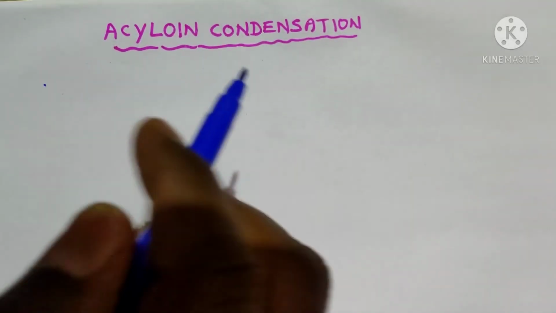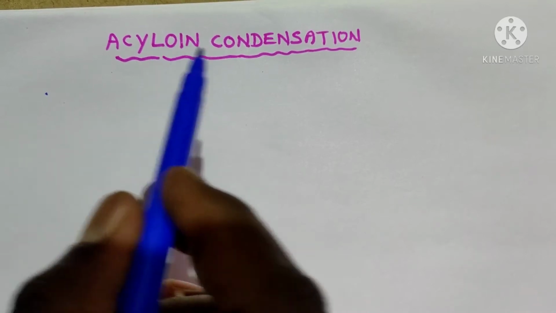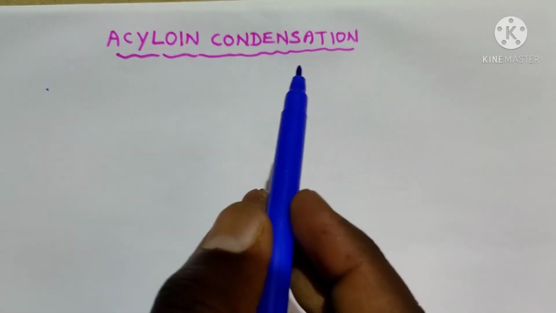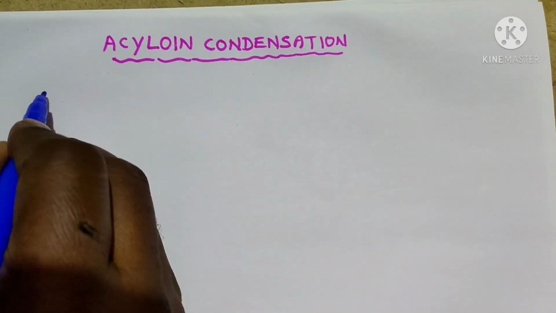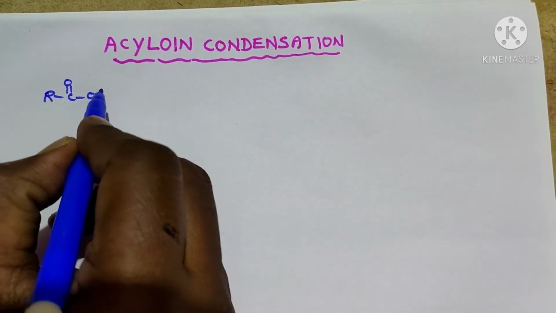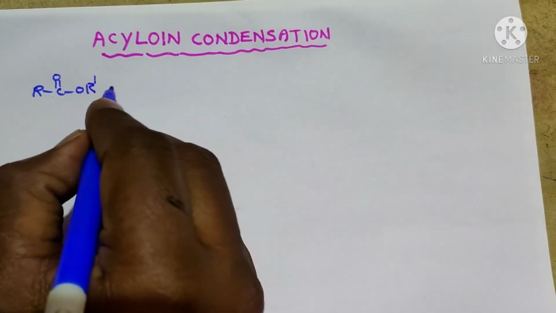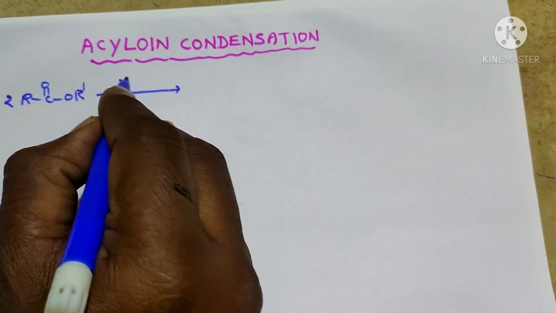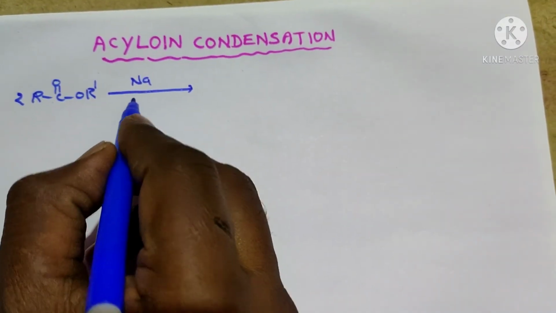Hello my dear students, in this video we are going to discuss what is Acyloin condensation and what is its mechanism. In Acyloin condensation, Acyloin is the main product. When the ester, general formula RCOOR, for convenience we put it as R dash, is refluxed with sodium metal in the presence of aprotic solvents